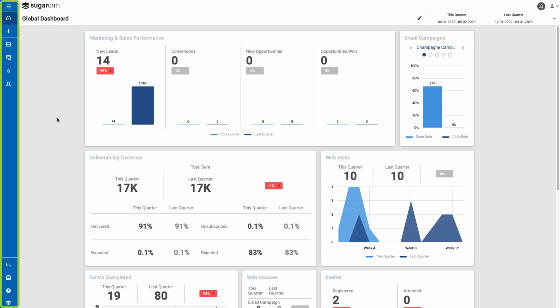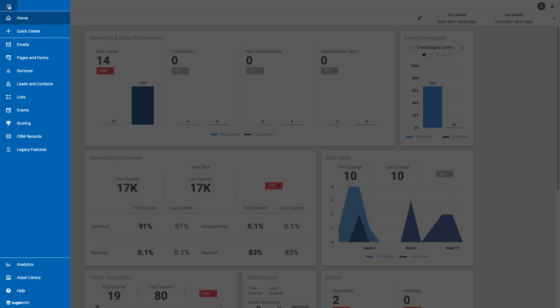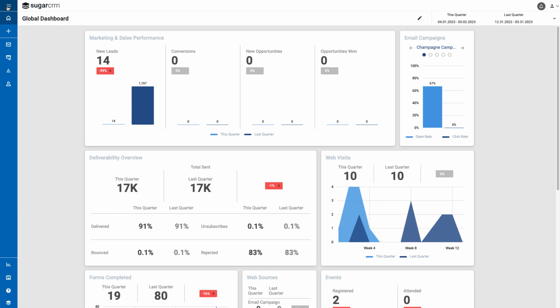You'll find your navigation bar on the left-hand side of your screen. At the top of your navigation bar, you'll see the three-line menu. Clicking this menu will open a panel that displays all the modules available in Sugar Market. The first icon in your navigation bar is Home. No matter where you are in the application, clicking on the Home icon will take you back to your global